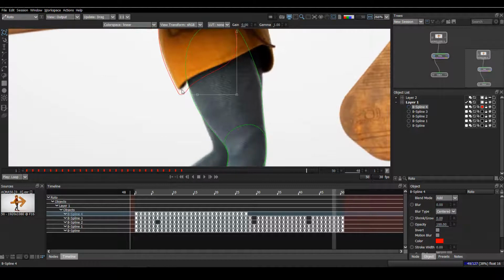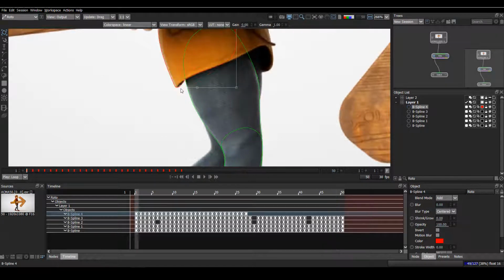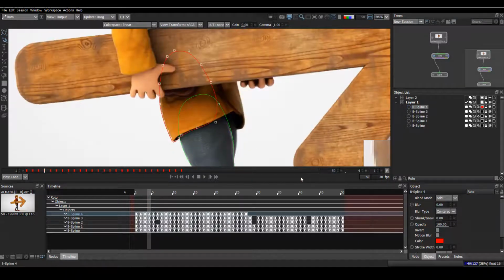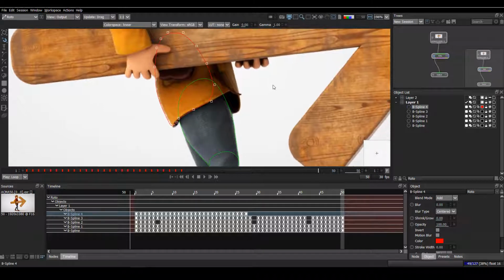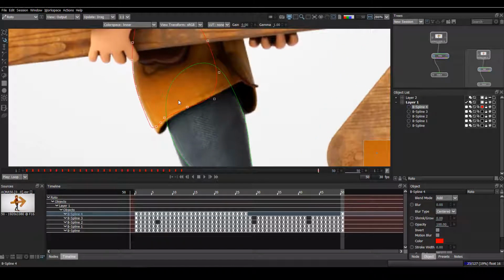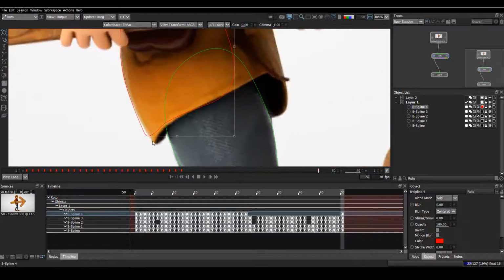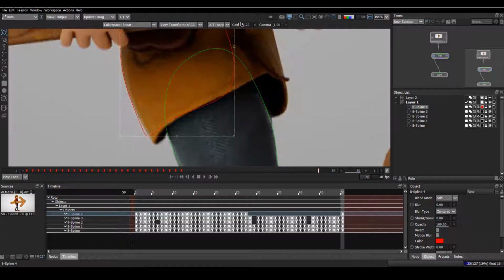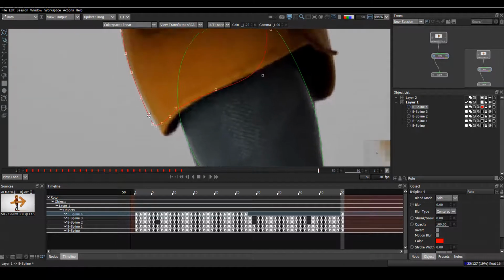Okay, so I think in this frame the shape is here, on first frame the shape is here. Okay, so I'll copy this position, Control Alt C, and then I'll go to this frame, Control Alt V. Okay, so here it is not matching, so I'll move it manually like this, so I can't see properly, so I'll reduce some gain. Okay, now I can see everything properly.